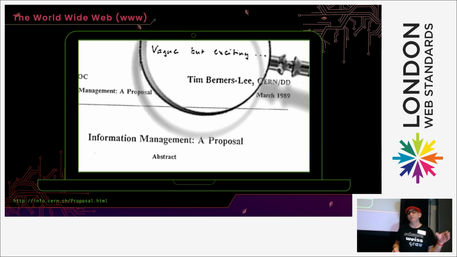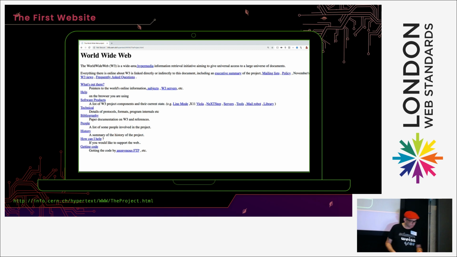Last week in Brighton, two people that we respect in our industry, Jeremy and Remy, gave a talk about when they went to CERN to rebuild this thing. So, the World Wide Web was the very first website. It was just some text and it had some blue links. It was just HTML. There was no JavaScript, there was no CSS in those days. In fact, it didn't even have things like image tags. It was very, very basic.